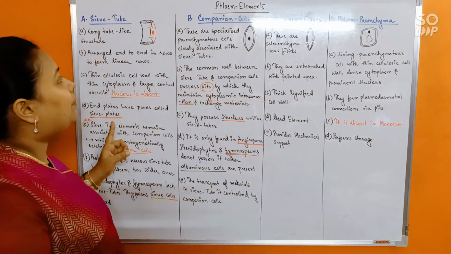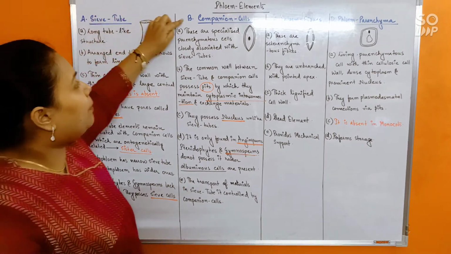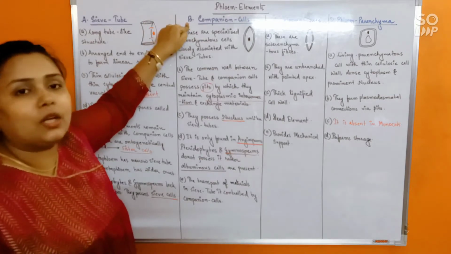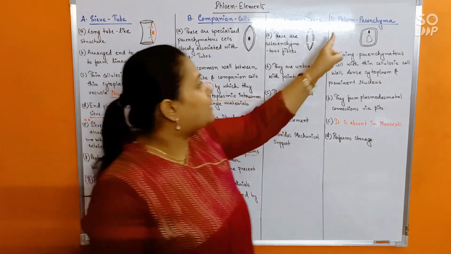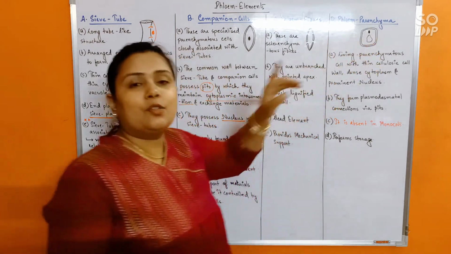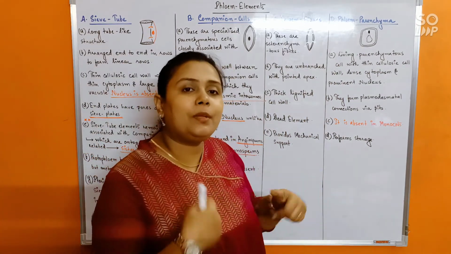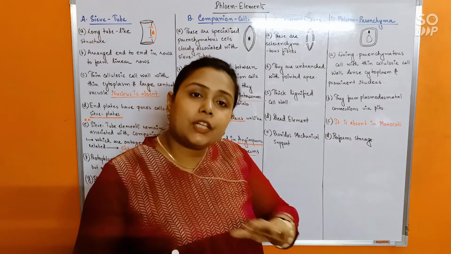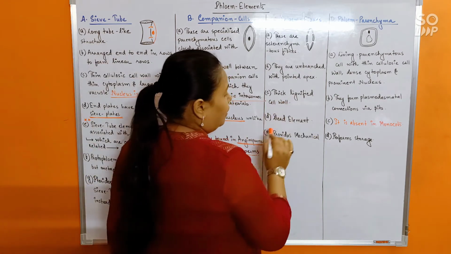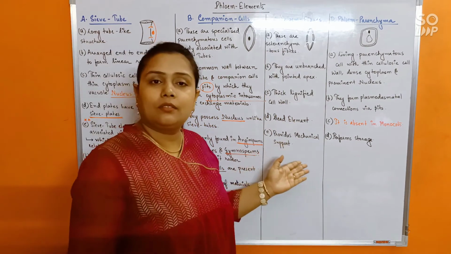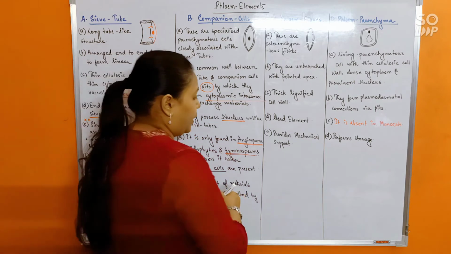So do remember, up till now in phloem elements, sieve tube is living. It has cytoplasm. Companion cell of course is living. It has cytoplasm, nucleus and everything. Phloem fibers are the only dead elements, because the next is phloem parenchyma. This is also living. So just like you have learned in xylem, out of the 4 elements, 3 are dead, 1 is living. In phloem it's opposite. Out of the 4 elements, 3 are living, only 1 is dead. So, thick lignified cell wall, dead elements, and of course sclerenchyma after all, so it will provide mechanical support. Now for a very important point,